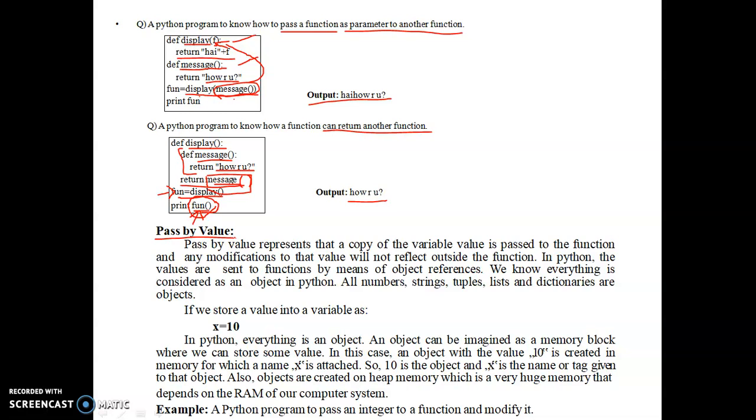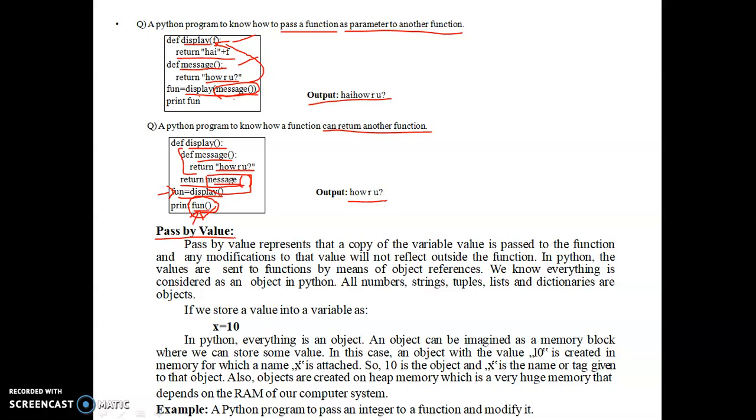The difference between these two: the name itself says that pass by value means we are passing a value to a function. We are just giving a variable, the variable value is passed to the function and there it stores that value into another variable. In pass by reference, we send the reference of the variable, that is the address of the variable, to the function, and for that address it creates another variable or it can use pointer variables to point to that particular address.